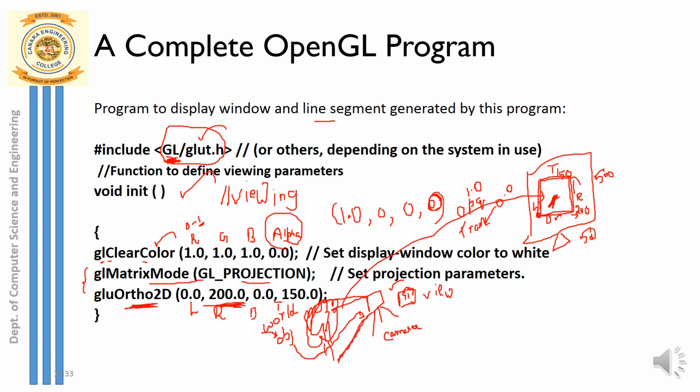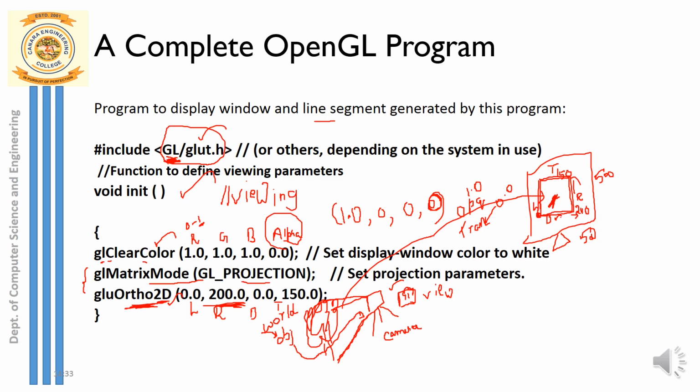This is how you're going to plot. In order to plot the lines, the boundary should be set using this gluOrtho2D function. So you call gluOrtho2D, and this is the OpenGL function to set orthographic viewing. And what type of viewing boundary are you setting? It is a 2D rectangle boundary, and remember the boundary parameters are left, right, bottom and top. And the projection type is GL_PROJECTION, wherein you are mapping world coordinates to screen coordinates, display window coordinates.